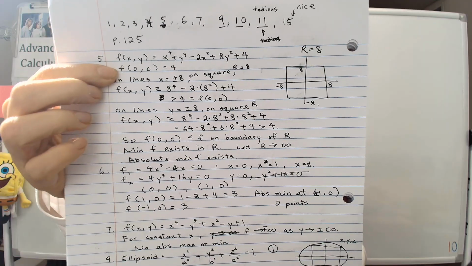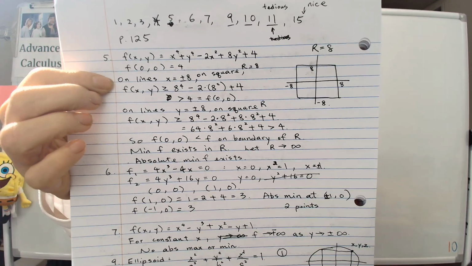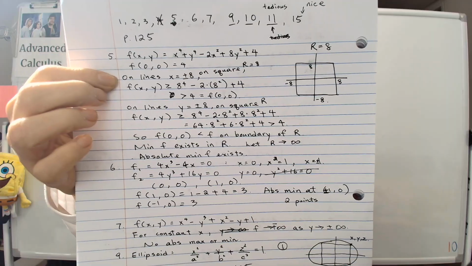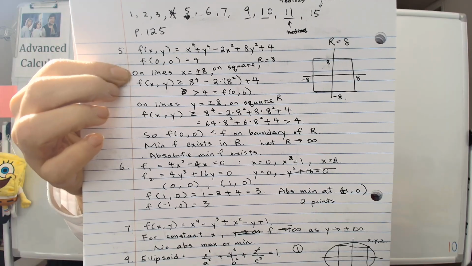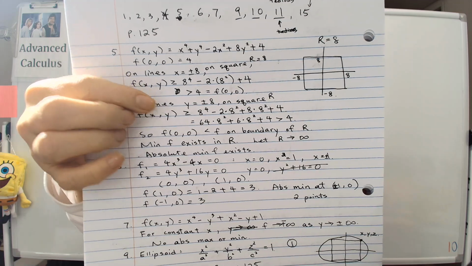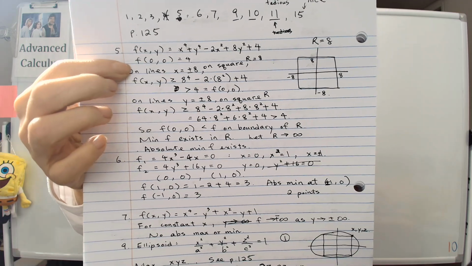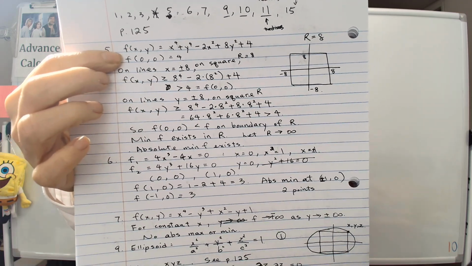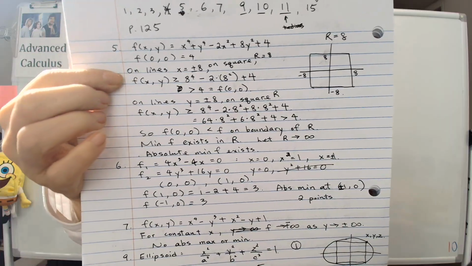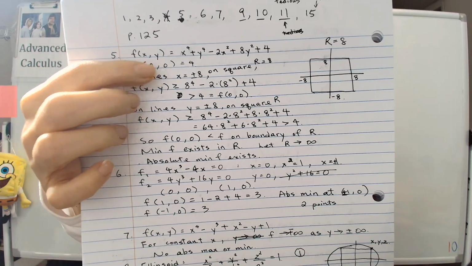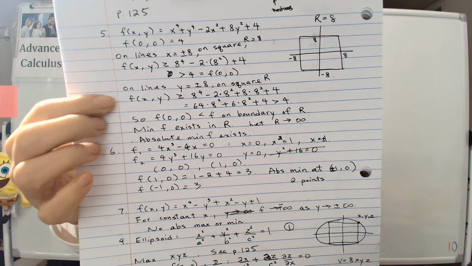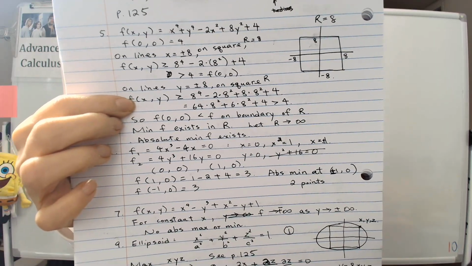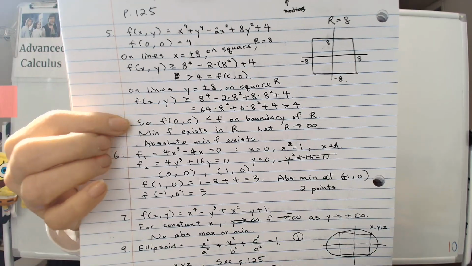So I just drew a regular domain, say 8. I picked the number 8, and so we draw a square, where each line is x equal to plus or minus 8, y equal to plus or minus 8, and then I figure out the value of f. At 0 it is 4, and the value on the line plus or minus 8 is going to be bigger than 4, okay? And similarly, the value on the line y equals plus or minus 8 is also bigger than 4, which means that